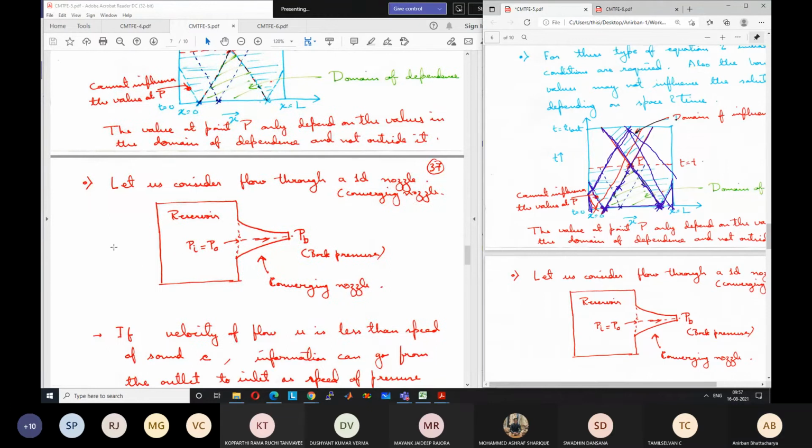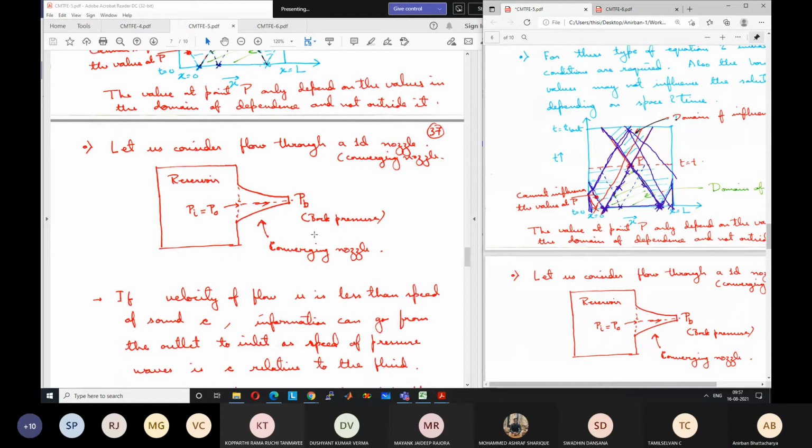Same thing here, but in a modified form. If I consider a flow through a 1D converging nozzle, those of you who have studied converging nozzles in any of the courses, like power plant or gas turbine, might have studied nozzles. The students who have studied power plant with me have studied nozzles. The MTech students, I don't know, you must have studied somewhere. Anyway, it does not matter, but a converging nozzle is a device where flow is accelerated. The speed of the flow is increased from some small velocity to a higher velocity in the subsonic region. For the supersonic region, we will need a diverging nozzle.